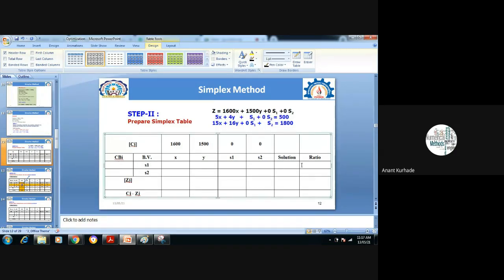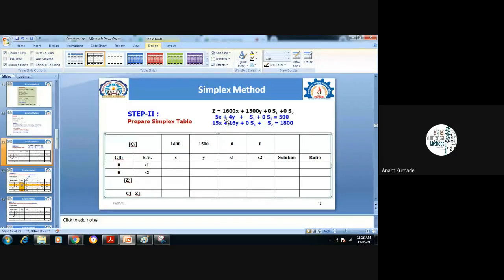The first row is the first constraint, the second row is the second constraint, but initially just think about the objective function. What is the coefficient of s1 in the objective function? See these values: these first two lines, and these two vertical lines, are from the objective function. You can remember that. Here, the coefficient of s1 from the objective function is 0. Again here it is 0.